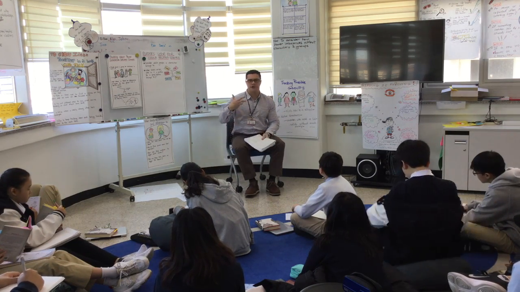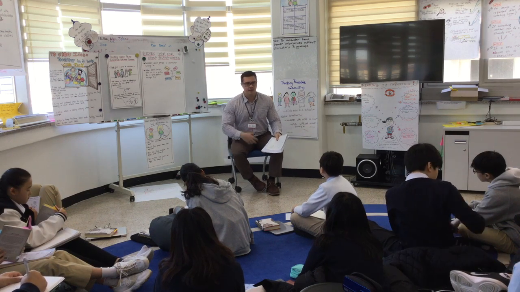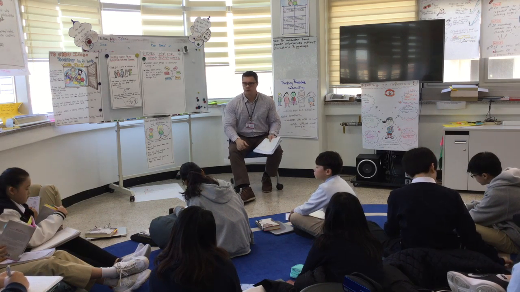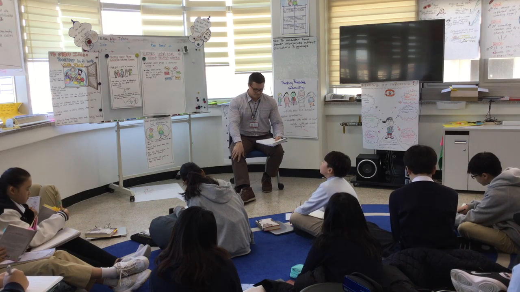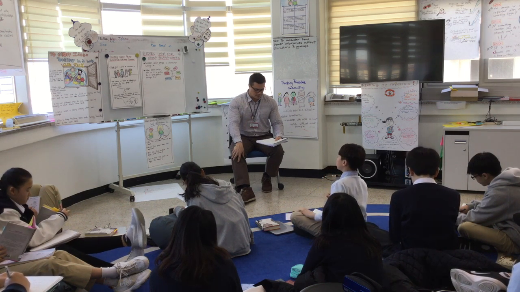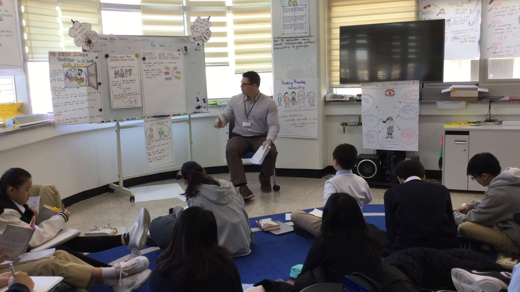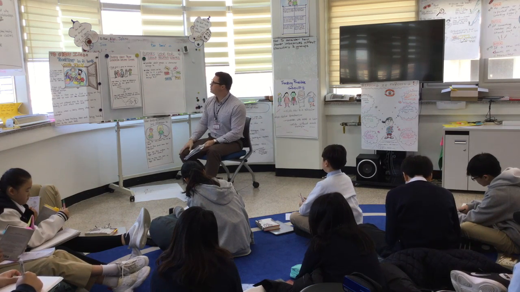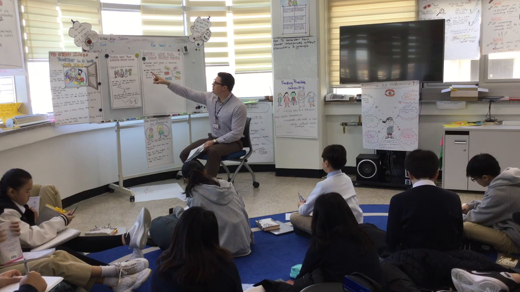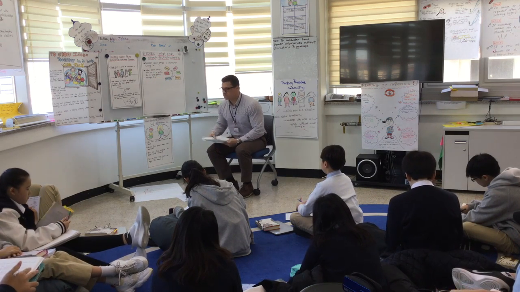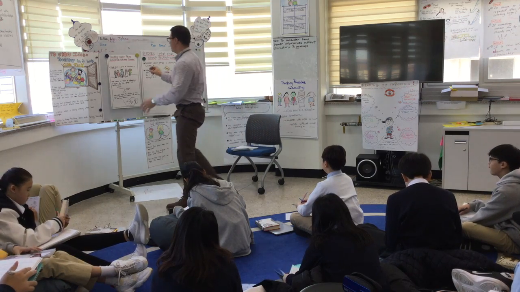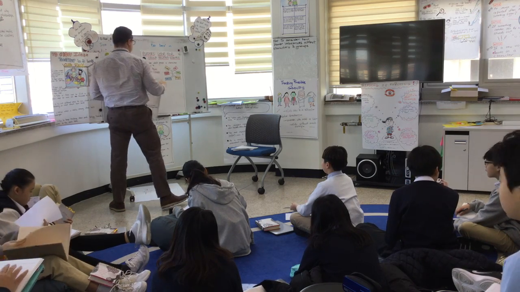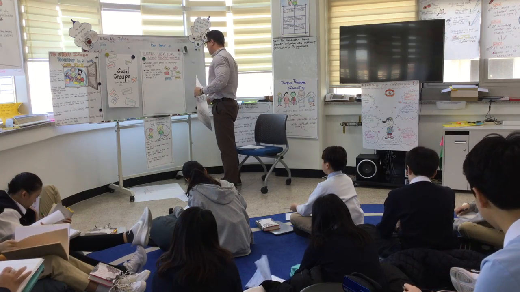All right, so I'm going to model this with the part of the story we read yesterday, and then you will do it with your group here at the carpet. So we're going to go back into the story. I'm going to follow my instructions up here, thinking about power imbalances between groups. The first thing I have to do is think about groups.